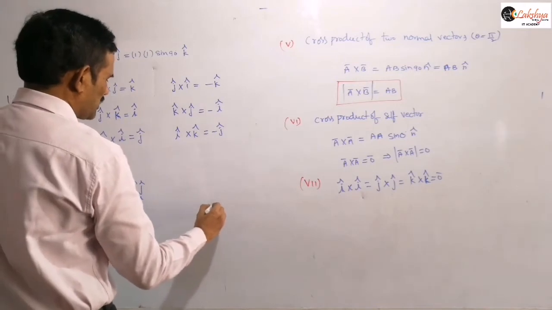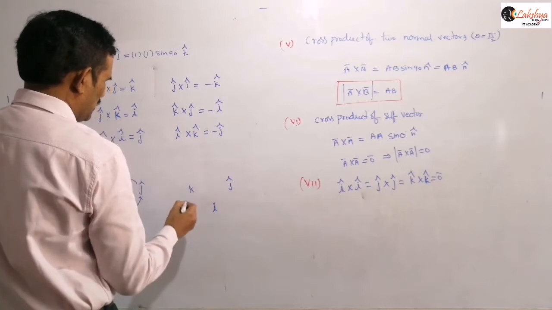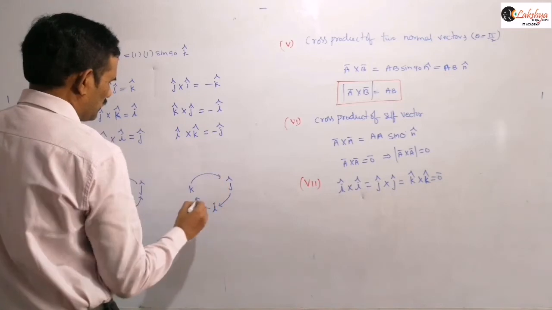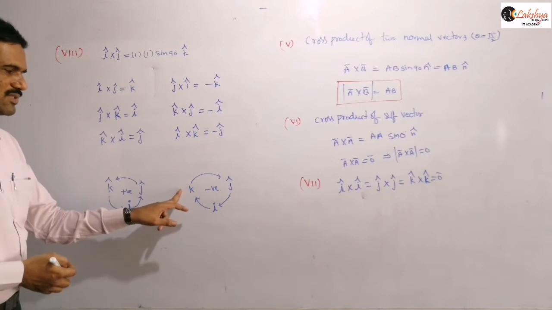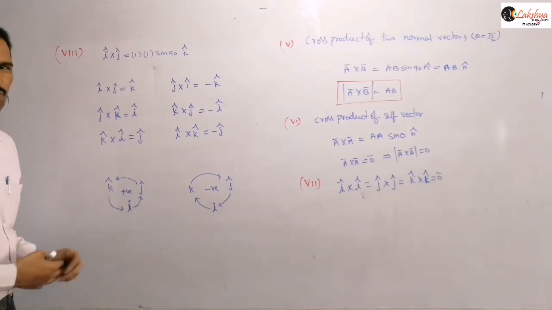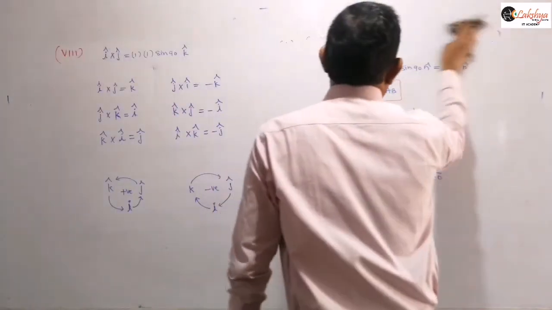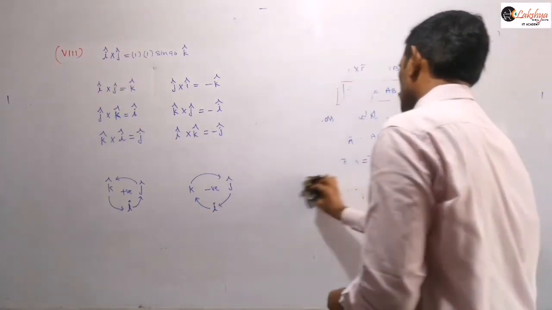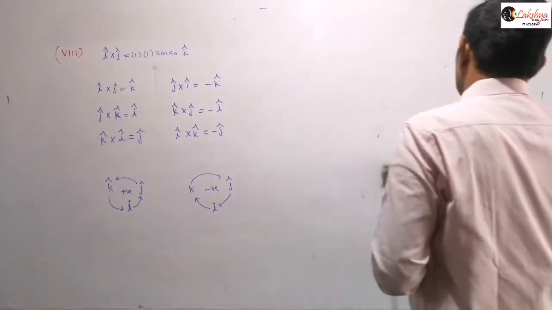And similarly I can represent this as i, j and this is k. Now if you are following the reverse order here, then you will get the negative signs. Like if you are taking i cap cross k cap, minus j cap you will get, whereas k cap cross i cap, plus j cap you will get. So the cross products of the basic unit vectors you can represent like this. And this is important to find the cross product of two vectors; these basic rules are important for that.